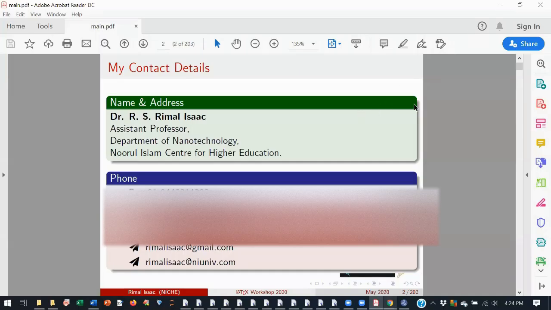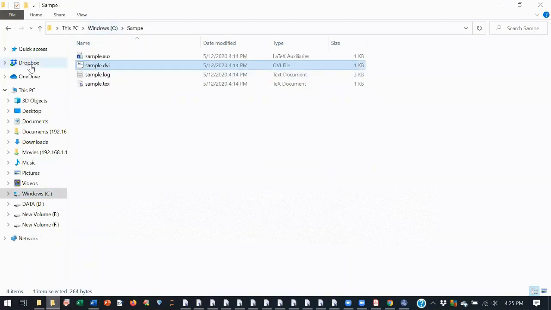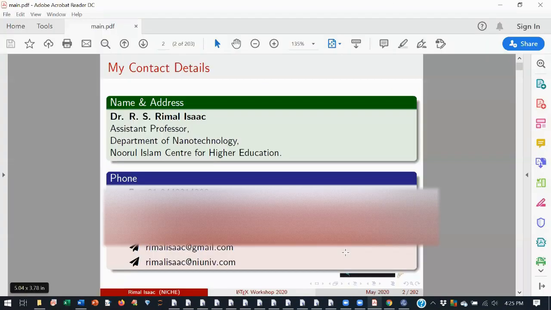There is another question: in the page I am showing, each section is differently colored. This is created using LaTeX presentation mode, the LaTeX Beamer class, B-E-A-M-E-R. It is mainly used for creating presentations. I will show you on the last day how to create such a document. You don't have to bother about this now.